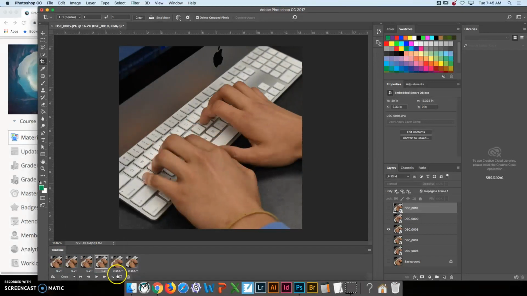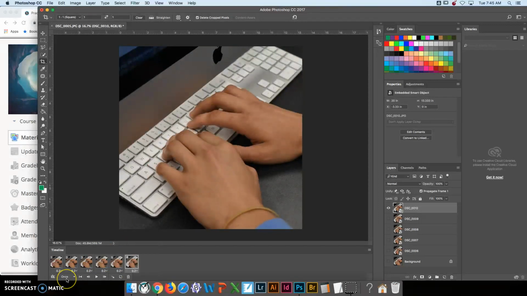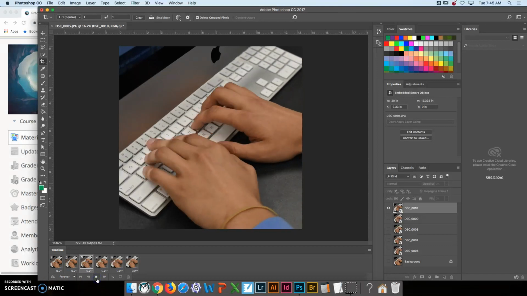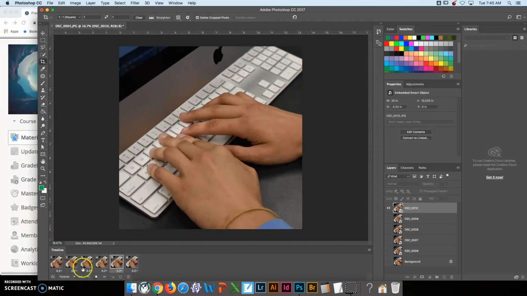Whoop-de-doo. And then we're not going to have it loop once. No good GIF loops once. We're going to make it loop forever. So now we can hit the play button. Bam! Tippity type type click clack. So